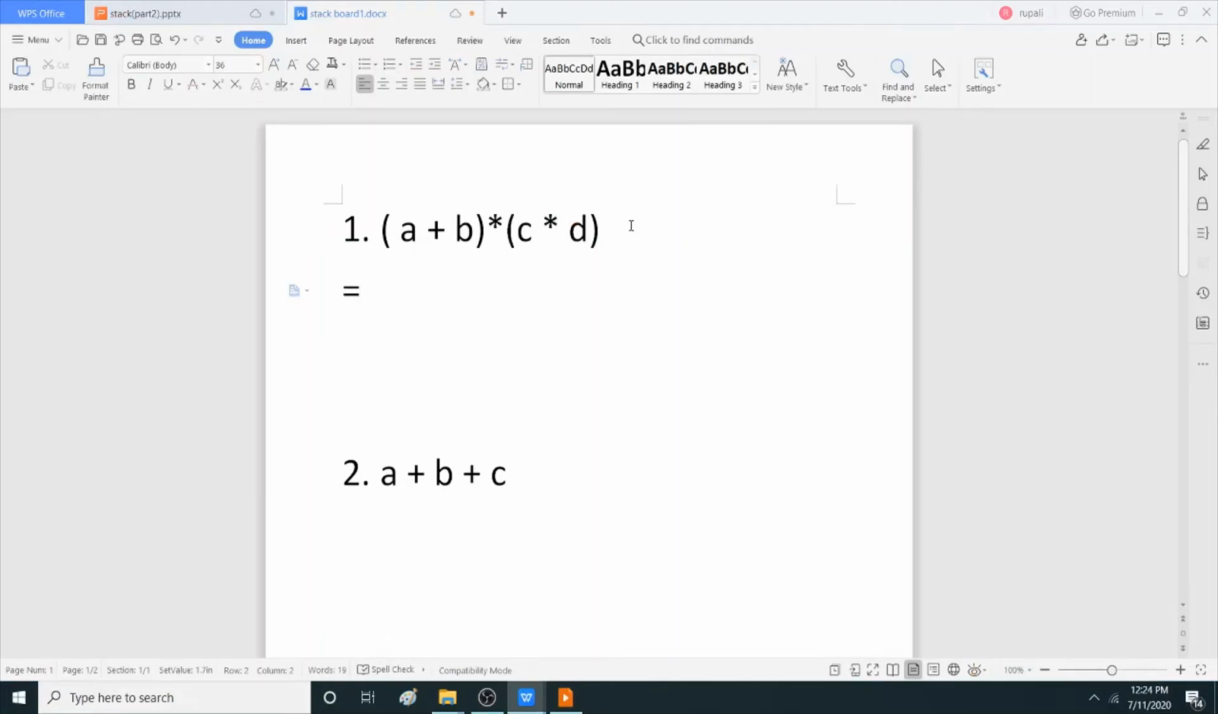First, bracket has higher priority, so a plus b becomes plus ab, and then underline this because it is prefix, we have to change it corresponding to its prefix expression. Then c into d means into cd, underline this. Now imagine this one is one operand, this one is another operand, in between these two there is one operator, so the result is